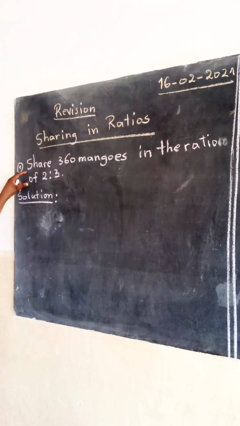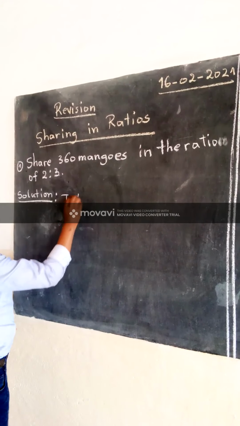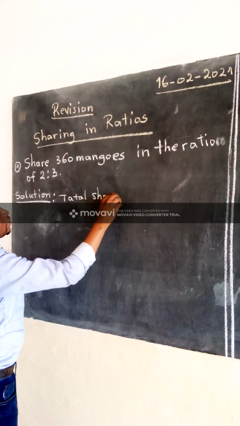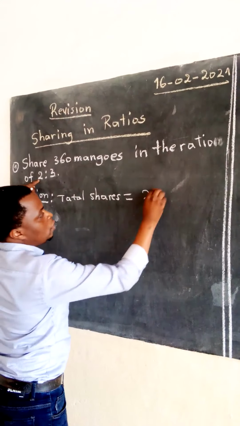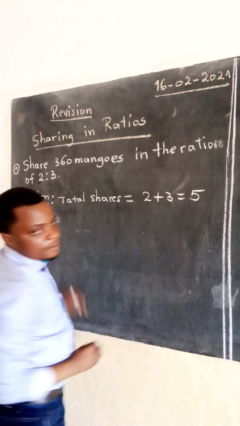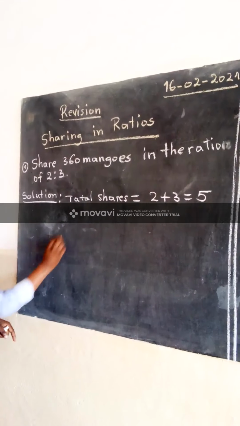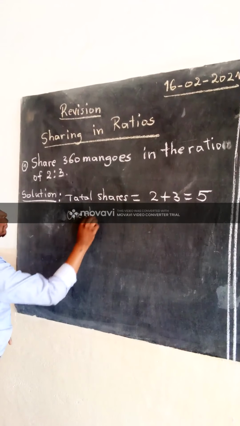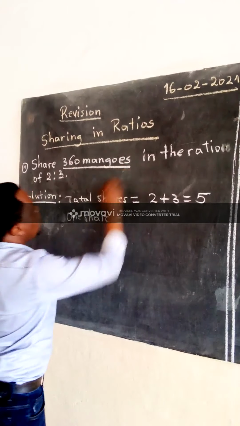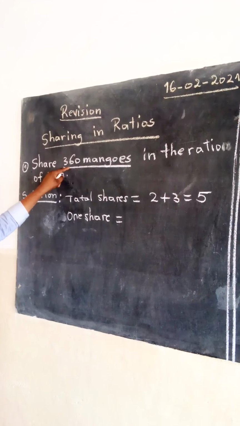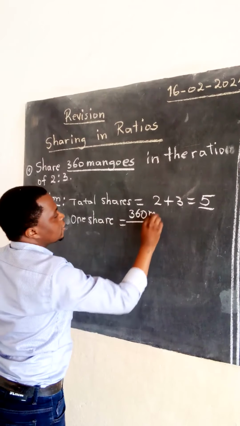Solution. You remember when you are sharing in the ratios, first we'll find the total shares. Total shares or total ratios, whereby you have 2 plus 3 which is equal to 5 shares. After finding total shares, we will find 1 share. You remember that 1 share is equal to the total number of mangoes divided by the total shares, whereby we have 360 mangoes